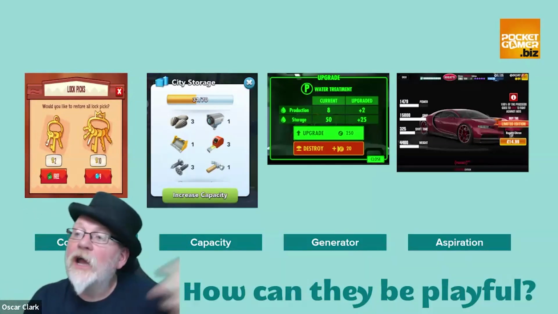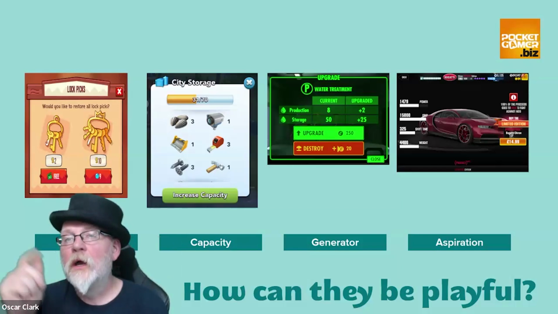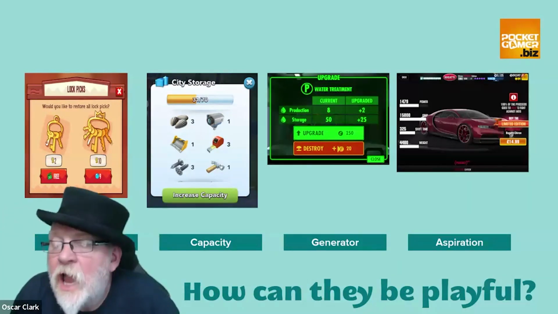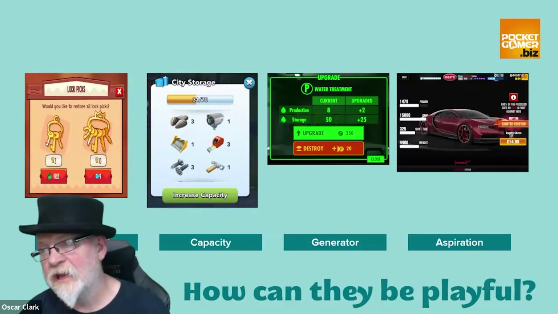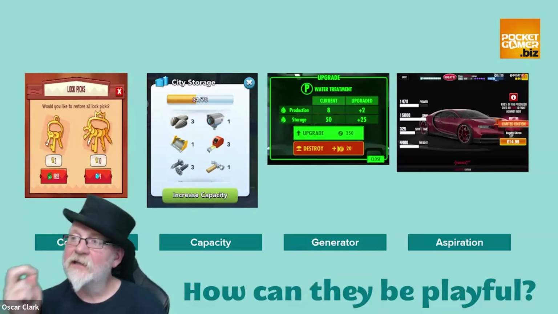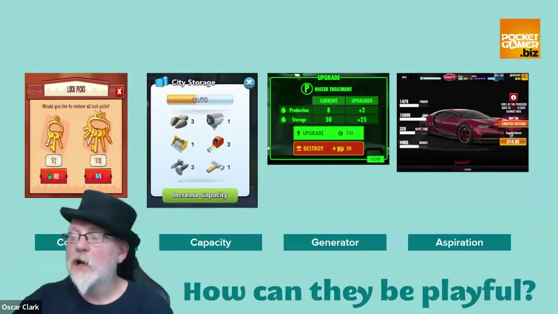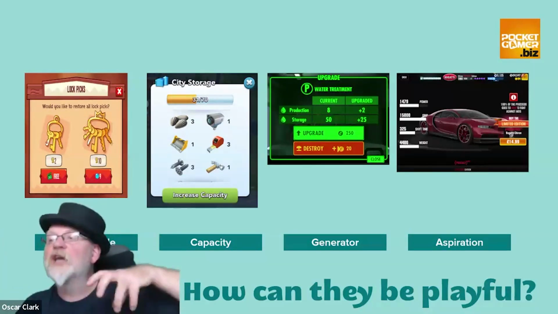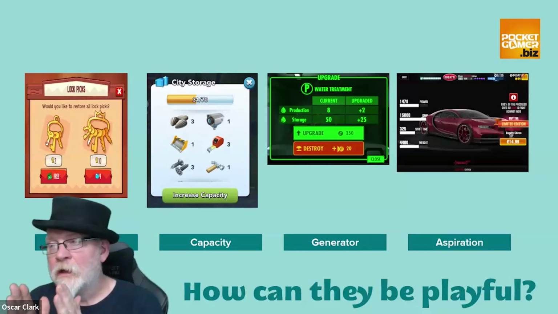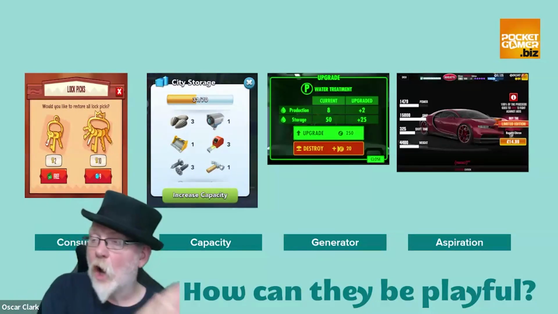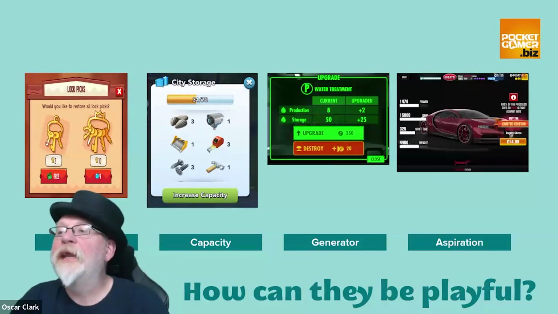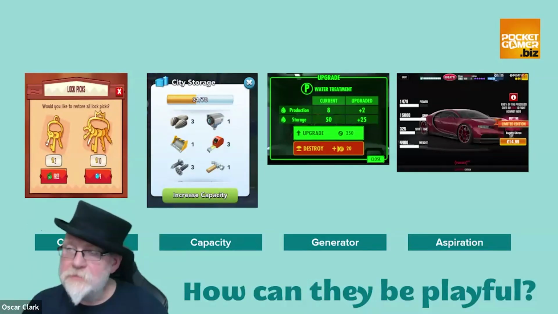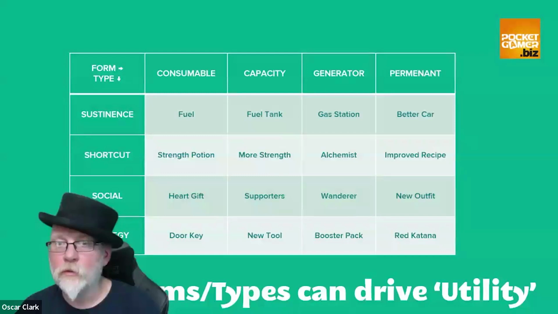And you use it, it's gone, but I can get another one, I can get another one, I can get another one. But an aspirational item, once I've got the Hat of Wonder, I've got it, it becomes part of my hygiene, my normal factors of my experience. And I think understanding that there's a difference. Once I own something, it is no longer special, as opposed to having consumables, which I can use to continuously boost. Capacity is about how many of those things I can hold. And generators, how many do I gain on an ongoing basis? So understanding the forms that these things take can also be important.